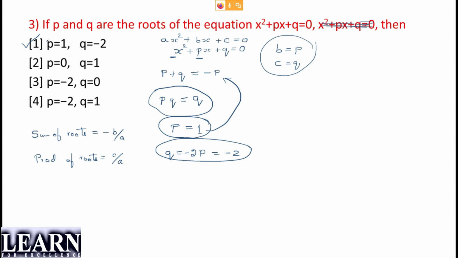Clear, guys? Now you could have stopped at this particular moment itself. No need to look for the other one because there's only one option where it talks about p is equal to 1. We could have directly given the answer, because here we cannot assume p or q or q or p. We cannot rearrange because p and q are fixed and that is also given in the equation, guys. Clear? So we can strictly say p is equal to 1. So there is only one option which talks about p is equal to 1, and if I look at q is equal to minus 2, that's nothing but the first option. Clear, guys? Yes, Amanullah, good. Answer is option A.